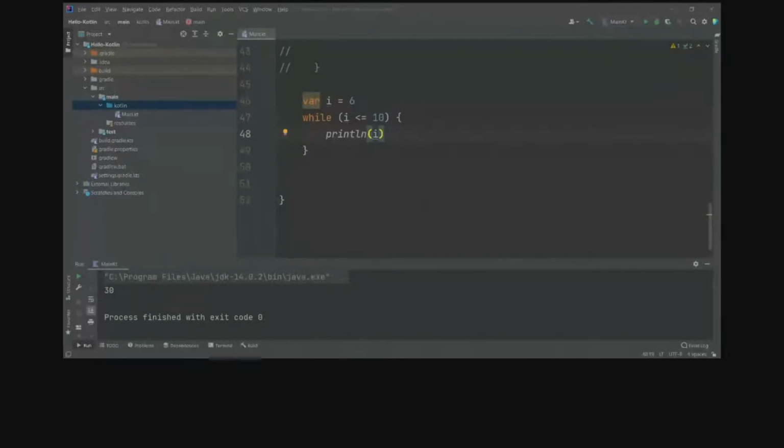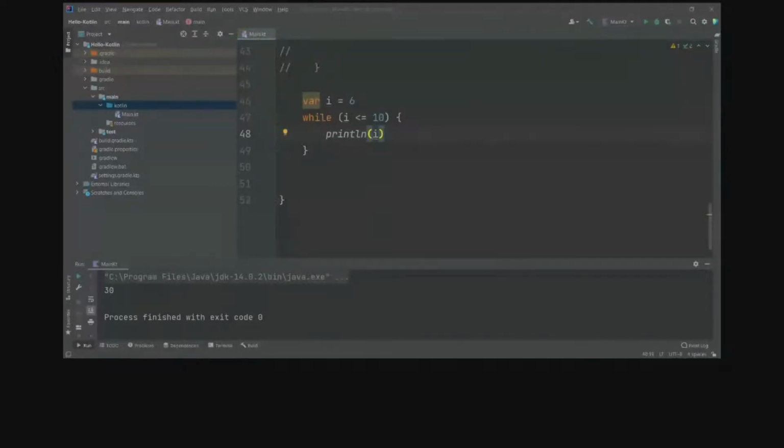There's no do while in Kotlin, Ankit. Can you guess the output of this program? 6 to 10.